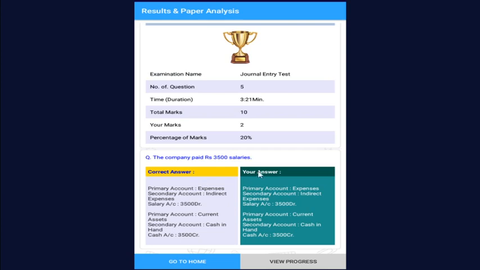So that's all about the process by which you can give journal entries in the Learner Small app. So thank you for